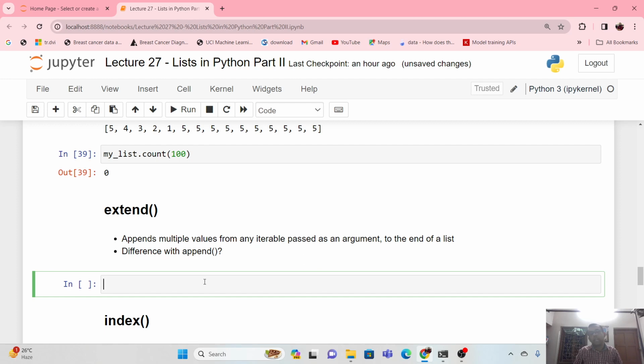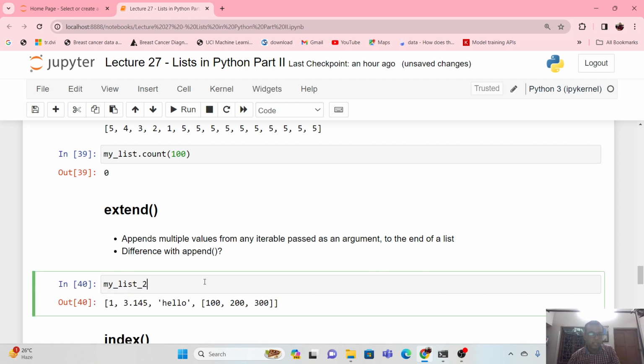Now, when it comes to extend, you have an existing list. For example, I have my_list_2. This is my list, and you can extend this list. So how can you extend this list? You can extend this list by passing an iterable to the extend function. So if I pass, let's say, another list 1, 2, 3, 4, 5,